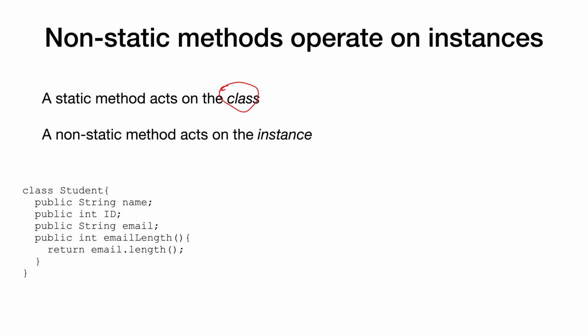And we'll get into exactly static versus non-static, but you have to remember that non-static methods are the ones that act on an instance. So in this case, I now have updated the class definition so that there's this method here that returns the email length, and it just returns email.length, right? Because email is a string,